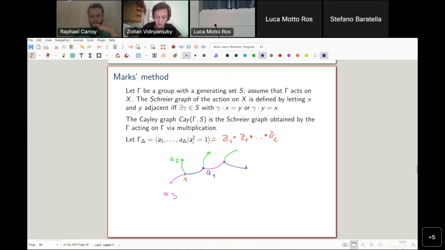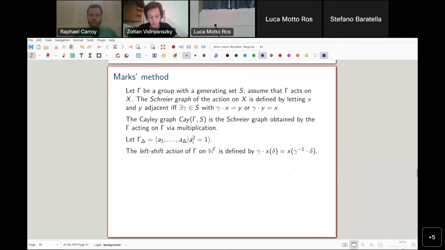I won't draw the colors. And also note that there is an actual coloring of the edges, right? Which edge corresponds to which generator. So I just write it down here to remember that the Cayley graph of gamma with delta generators is a delta-regular tree. Okay, fine. So this is one example of a Schreier graph, and the other important example for us is